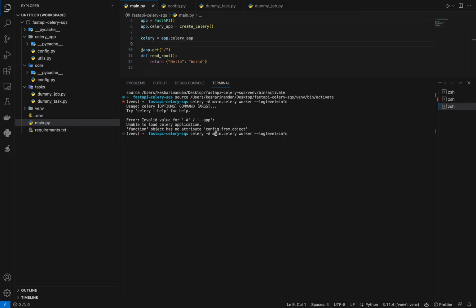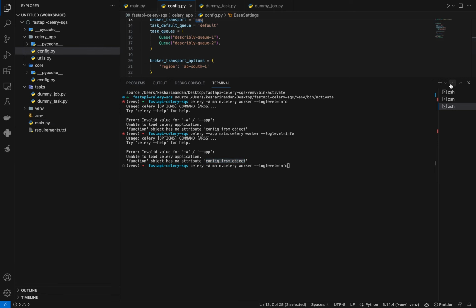Did I miss anything? Says hyphen app. Oh, it says function object has no attribute config from object. Okay, we might have made some mistakes. So let me just